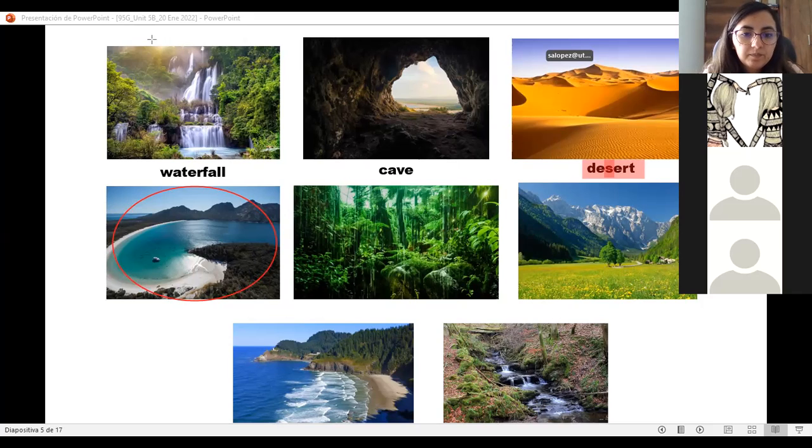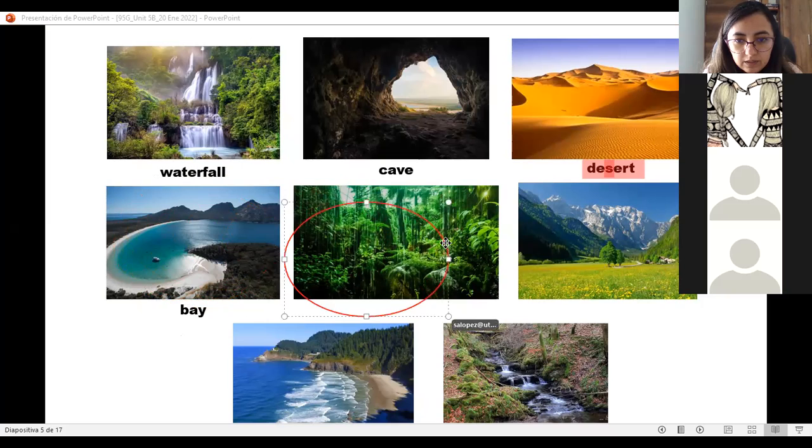Any idea? ¿Cómo nos referimos a una bahía, chicos? Start with B. Exactly. It would be a bay. Bay. The pronunciation would be with E, no? It's a bay.